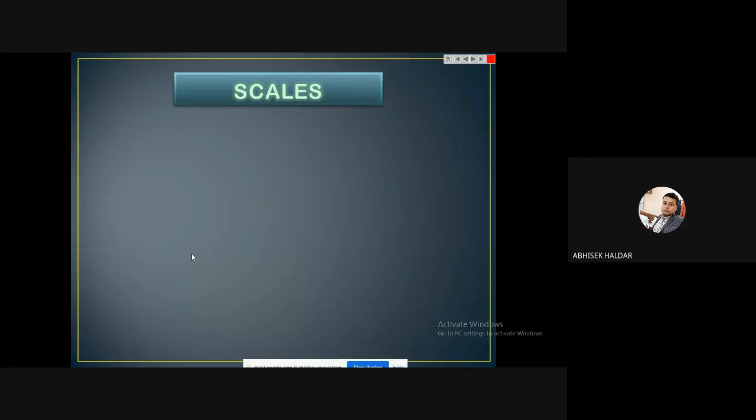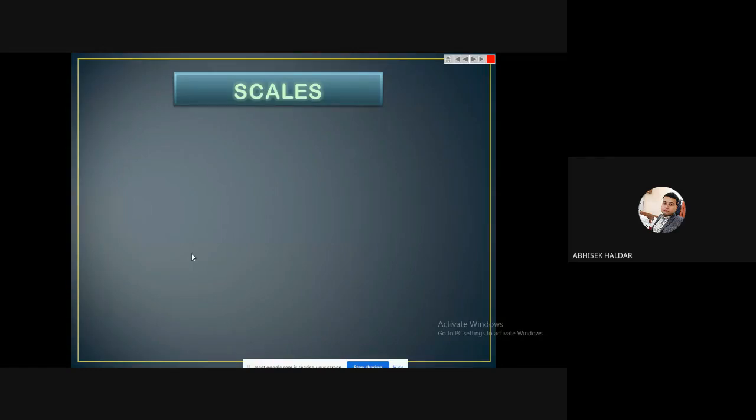But if I want to know the actual distance between Kolkata and Chennai, these two cities, I have to see that scale and multiply with some ratio, and I will get the final or actual distance between the two particular cities. Have you seen these things in any map? Yes, sir. Each and every map has one type of scale, right? So that is basically the importance of any scale.